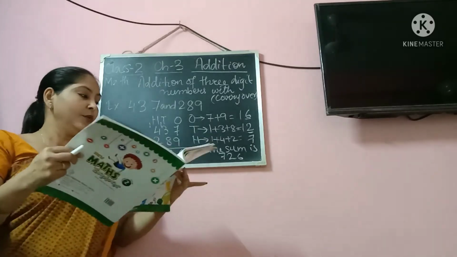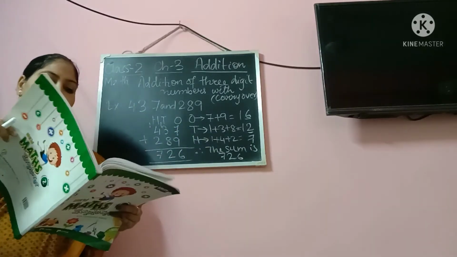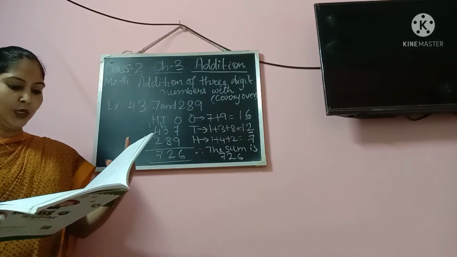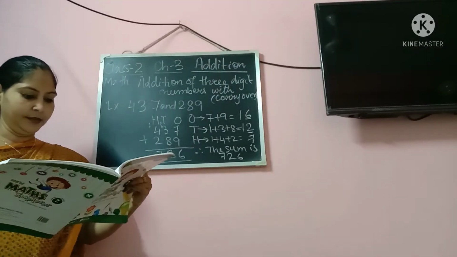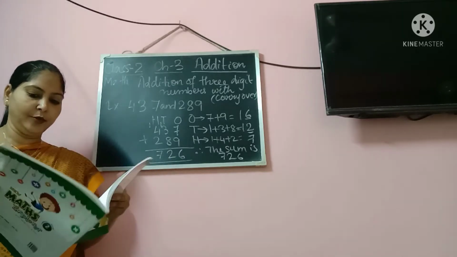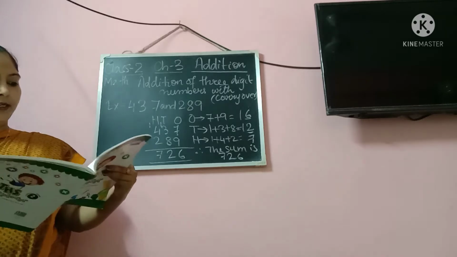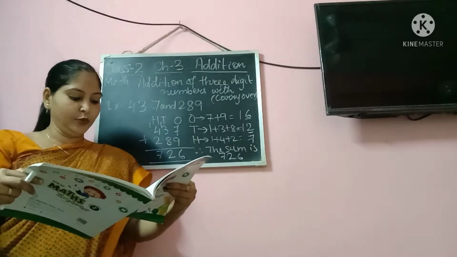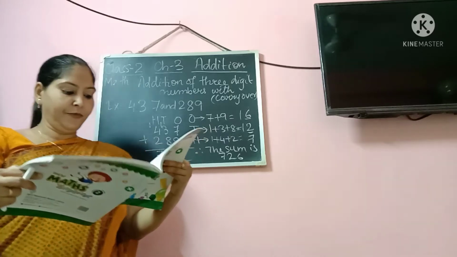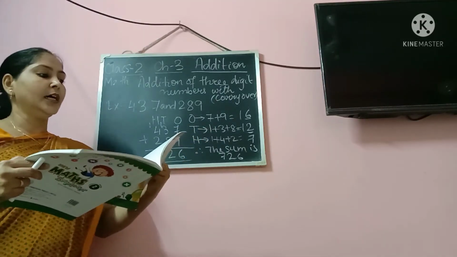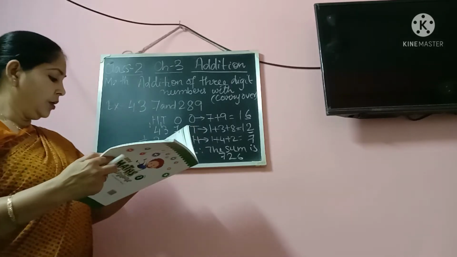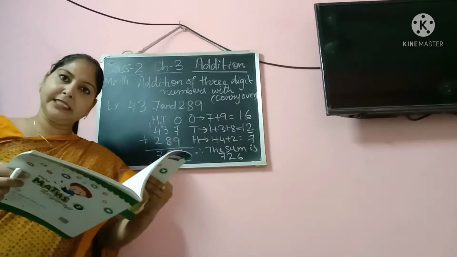I will explain you without carrying over also. But on page number, look here, okay, without carrying over is given. Then now you can get to see page number 54, and on 54 you find the 3-digit number with carrying over. Find the sum. So you can do page number 54 in the book itself.